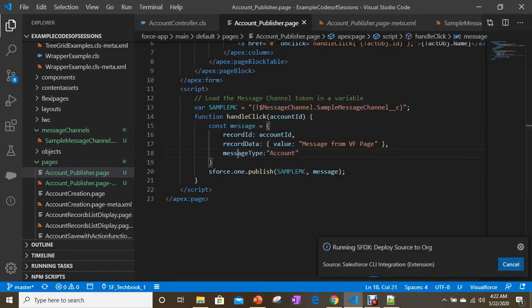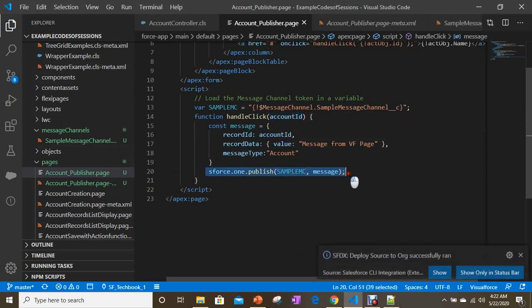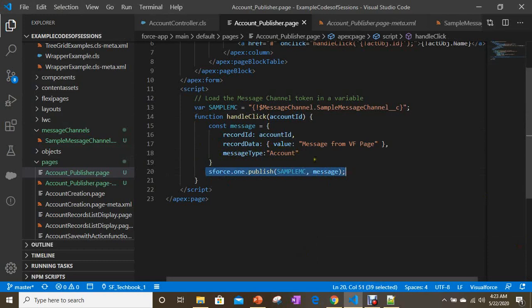So what I'm doing, instead of giving a sample value, I'm passing the account record ID and publishing the message by using the publish method simply. Now I have completed the account publisher page with a list of records with the help of a page block table, and once a user clicks on the account name, I'm publishing the account ID here with the help of the publish method, with the help of our message channel.